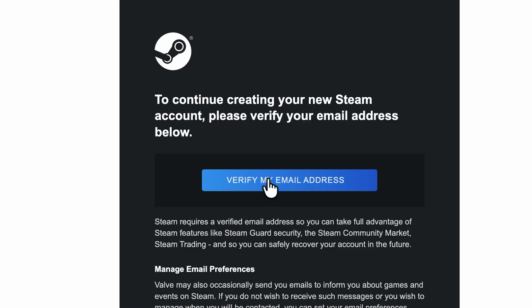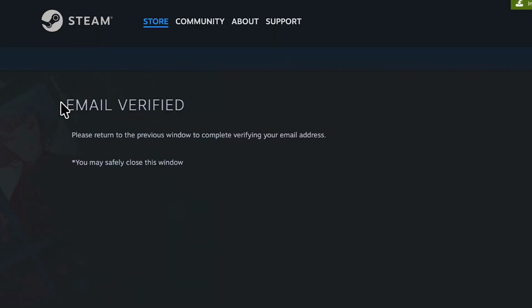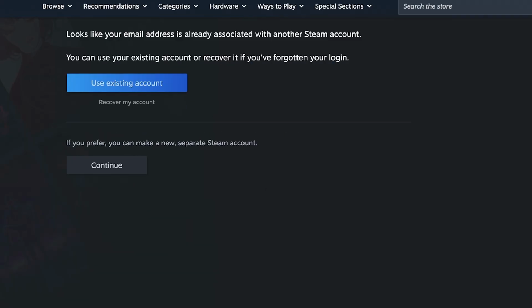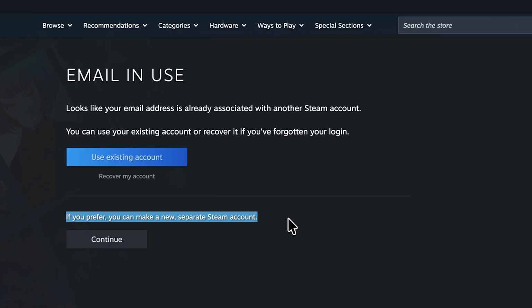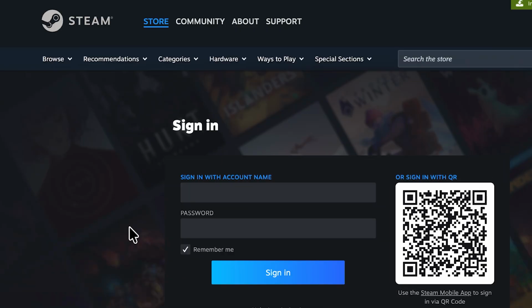There it is right here. Just click verify my email address. There we go. Now we can return to the window, which is right here. And now we just can either create a separate account or use the existing one. So I'm just gonna do use existing account, but you're just gonna have to click continue and then you just